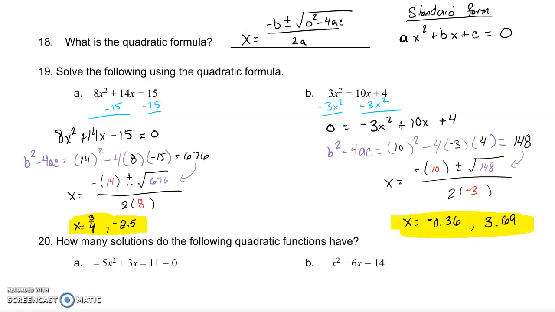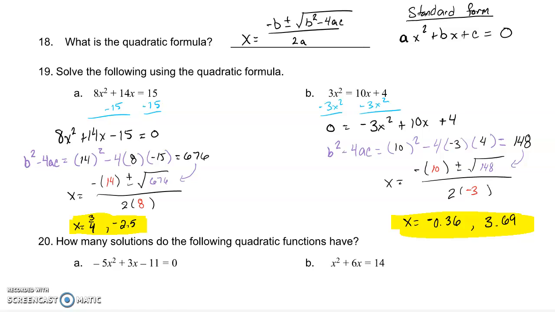So for number 19, both a and b, when we find b squared minus 4ac, in this case we get 676, that becomes the radicand, so that's some new vocab, that goes under the square root, and we take the opposite of b plus or minus, so that's two problems. When we add, we get 3 over 4, when we subtract, we get negative 2 over 5, after we divide